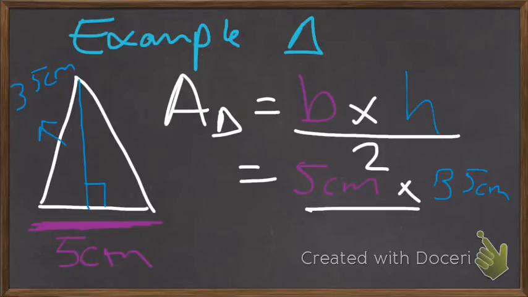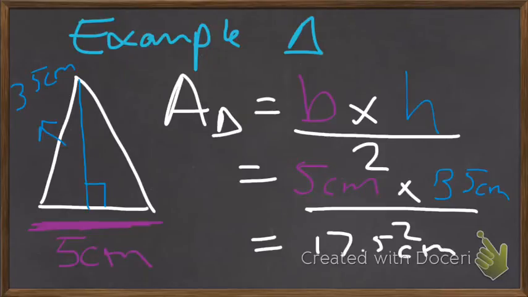All of that is divided by 2. This gives us 17.5 centimeters divided by 2. And Miss Terrio is going to take over because I'm getting a phone call. Okay, so if you divide 17.5 divided by 2, it is going to give you half of that, which will be